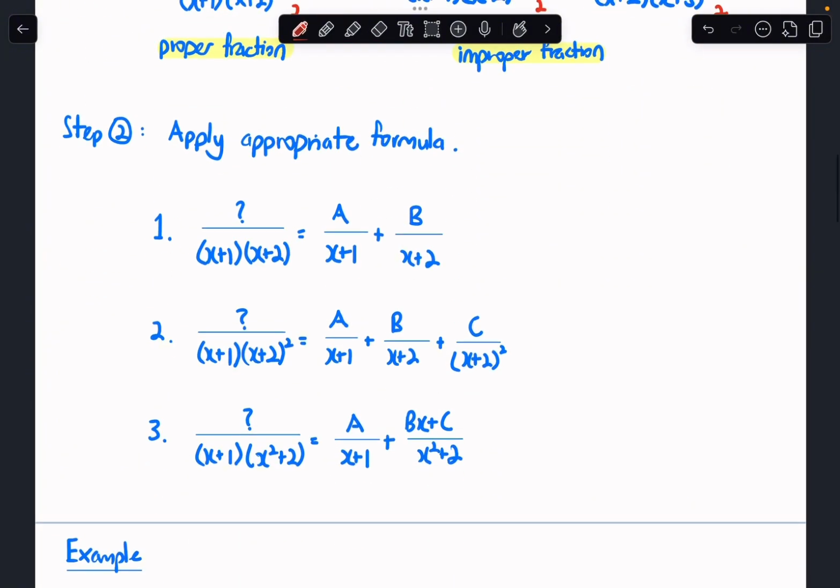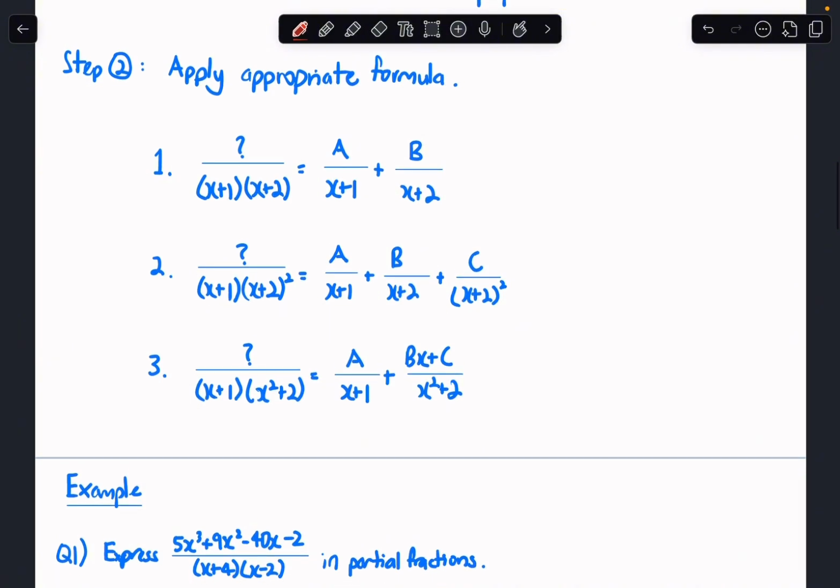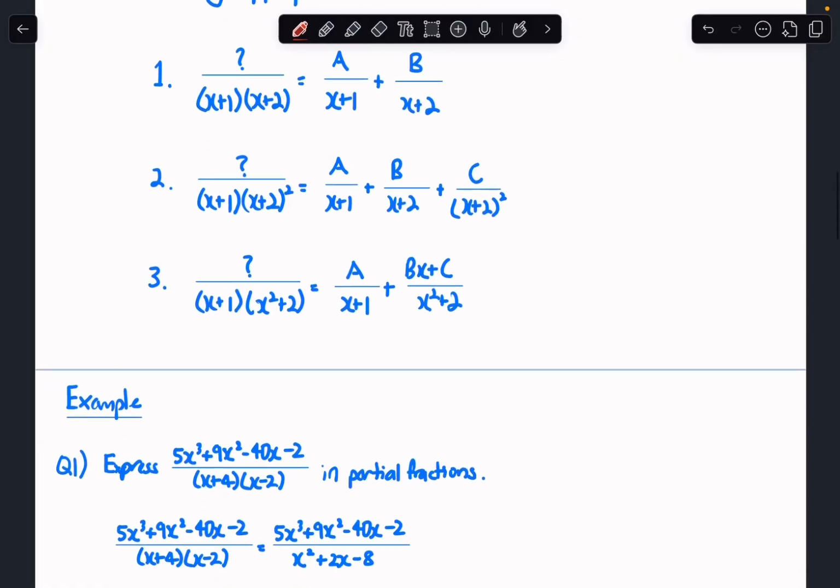In step 2, we will need to apply the appropriate partial fractions formula. For the very first formula, which is the simplest, it's just a basic bracket. So it's A over x plus 1 plus B over x plus 2. For the second one, take note that there is a square outside one of the brackets. So it'll be A over x plus 1 plus B over x plus 2 plus C over x plus 2